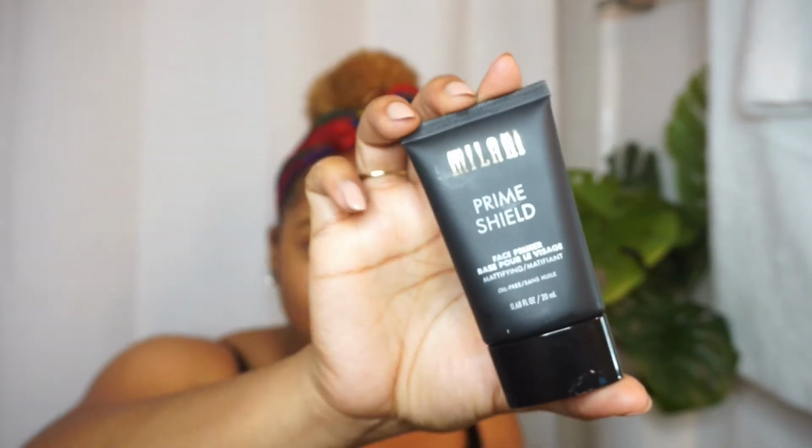Now we're going to move on to the face. I was going to start pumping this out. You know what? No, I'm going to use a primer. I'm going to feel guilty. So the drugstore primer that I've been using is the Milani Prime Shield, because I am definitely going to feel